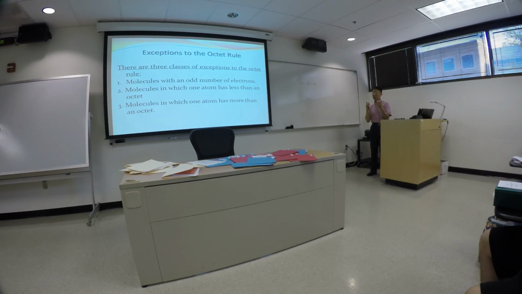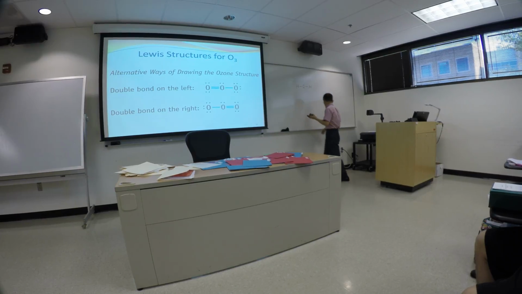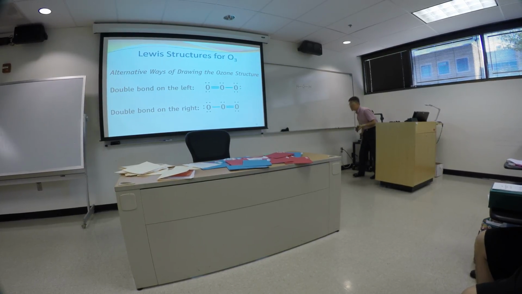And you just try to draw out the correct skeletal structure of the molecule and count the total number of valence electrons, and then distribute the electrons according to the octet rule. But every time you see things that go beyond the octet rule, these are the exceptions there. Okay, so that's pretty much the topic that we want to talk about in terms of drawing a Lewis